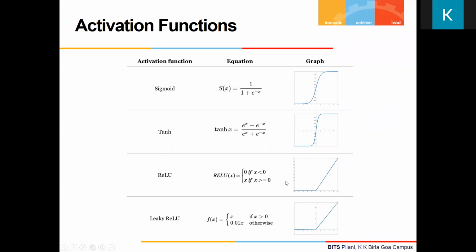But again, the issue here is, yeah, I have no control on the output. No control in the sense that there is no guarantee that the output will be within 1. Because if the input is positive, after I do multiplication and accumulation, I give it to this function. If that is a positive number, the output will be the same as that input. So that can be a large number. There's no guarantee that it will be 1. So if you're using ReLU, remember to have some saturation logic to make sure the output does not go beyond the maximum value that can be represented using the bit width that we have chosen. So in case of ReLU, we will need it. But in case of sigmoid, we won't need it.